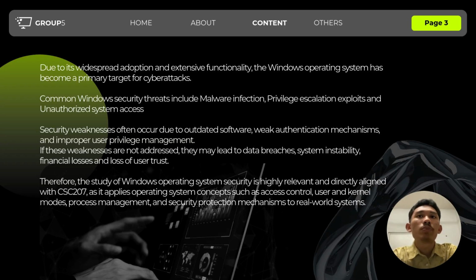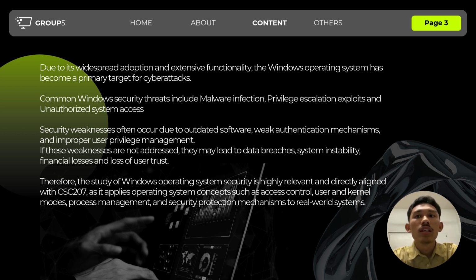Due to its widespread adoption and extensive functionality, the Windows operating system has become a primary target for cyber attacks. Common Windows security threats include malware infection, privilege escalation exploits, and unauthorized system access. Security weaknesses often occur due to outdated software, weak authentication mechanisms, and improper user privilege management. If these weaknesses are not addressed, they may lead to data breaches, system instability, financial losses, and loss of